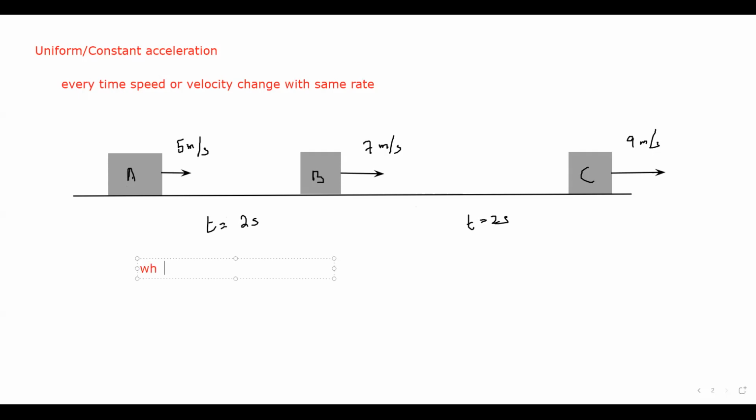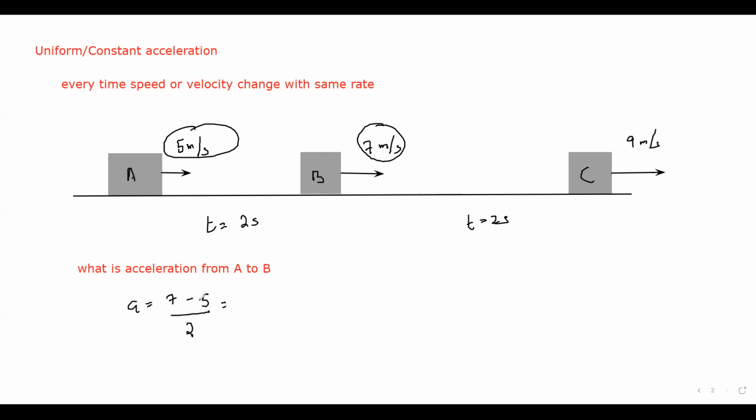So what is the acceleration from A to B? Moving from A to B, the final is 7, initial is 5, divided by time, which is 2. So 7 minus 5 divided by 2 is equal to 2 divided by 2, and that is equal to 1 meter per second square. So acceleration from A to B,